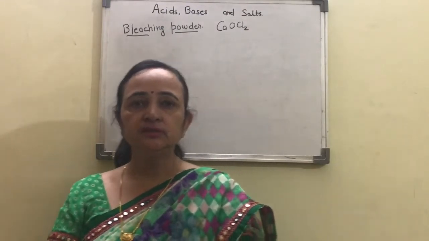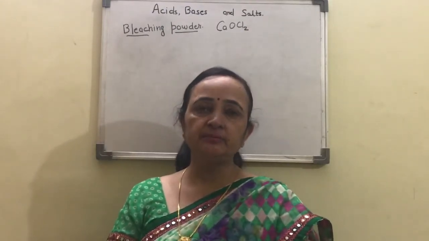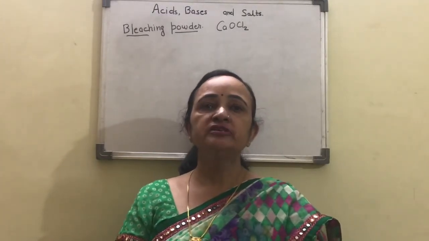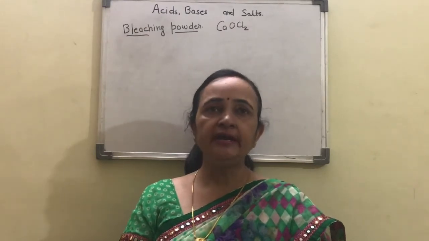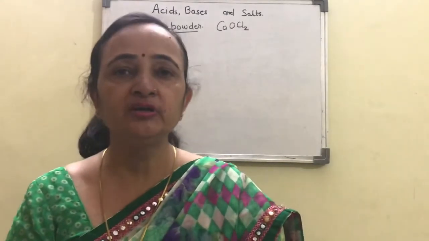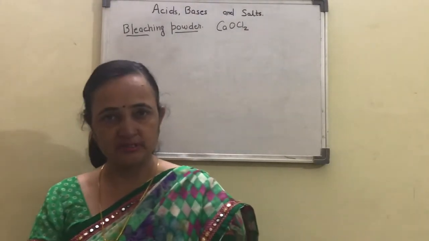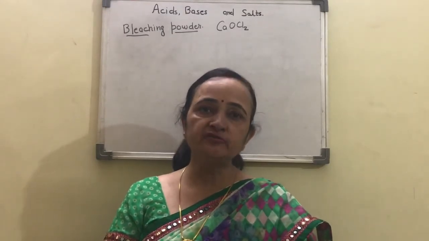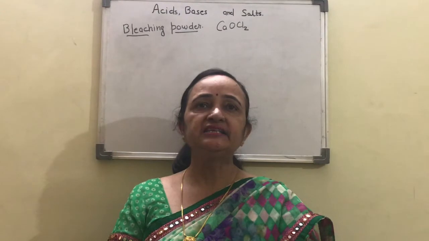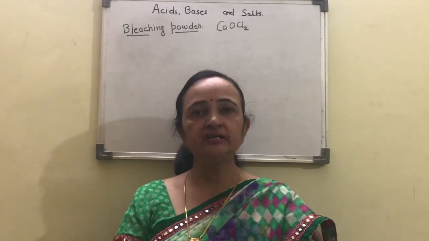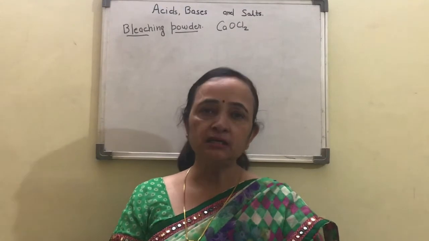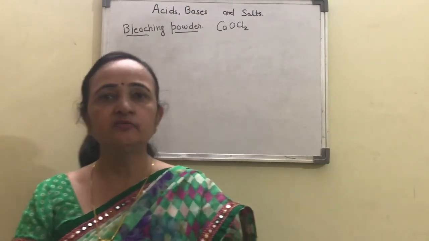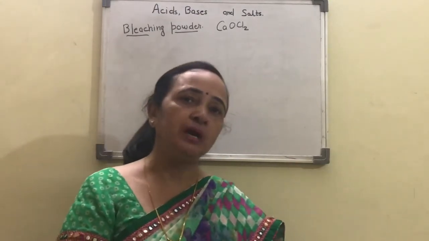Okay. So in the previous topic we studied the pH value of salts and how to find it. We studied common salt and the preparation of sodium hydroxide by the chloralkali process. I told you that some byproducts are formed in this, like hydrogen and chlorine. Hydrogen and chlorine are very important in the preparation of other materials which are of great use for us. Okay, so let's start with the first material, which is bleaching powder.